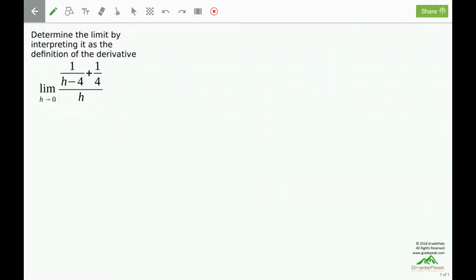Determine the limit by interpreting it as the definition of the derivative. Limit as h goes to 0 of 1 over h minus 4 plus 1 over 4, all divided by h. This is of the form limit as h goes to 0 of f of a plus h minus f of a,